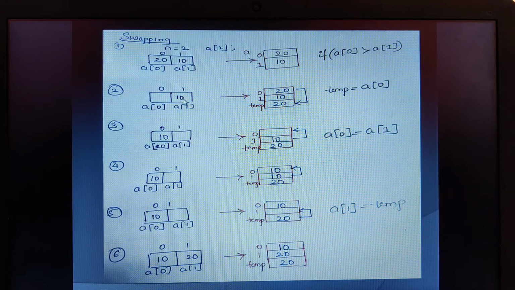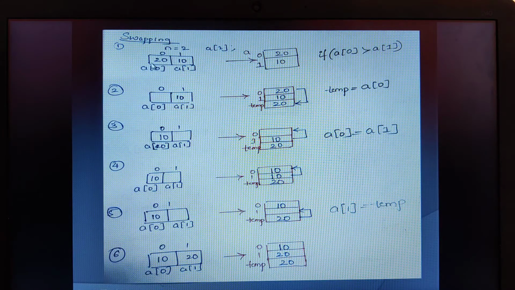Okay, so here let me just revise it. Here we have an array of 2 elements. This a of 0 is holding the value 20, a of 1 is holding the value 10. We are going to sort this array in ascending order.